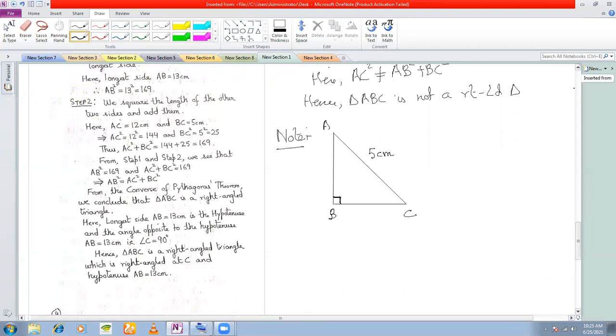Yes, anyone? Sir, by taking x. Okay, fine. If I take x here, what should I take BC as? Tell me. Sir, first we will do with this x and 5 centimeter only to find this part, BC. Yes, AC, sir. Then we will square. Then we will use this BC and AC to find this AB.